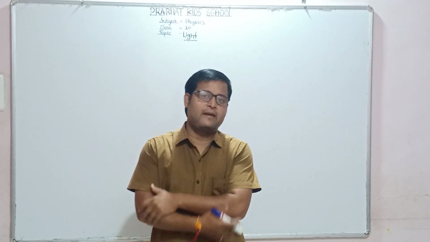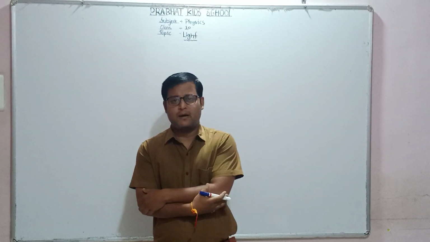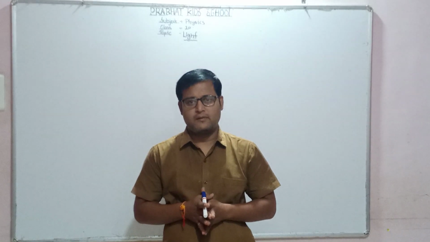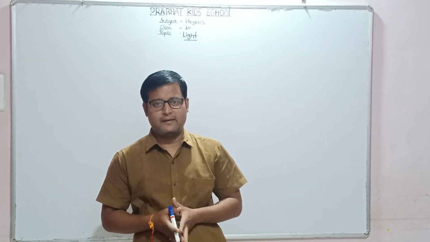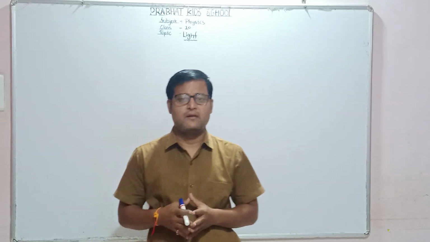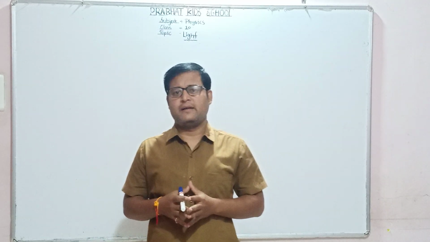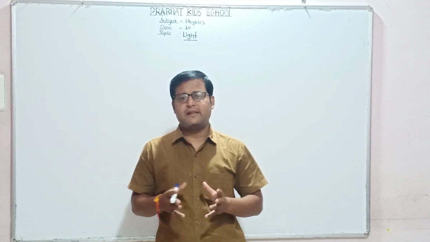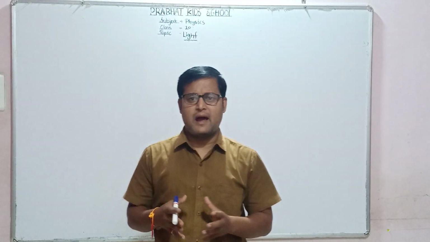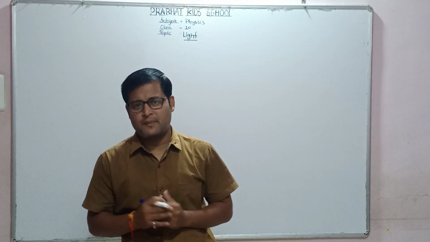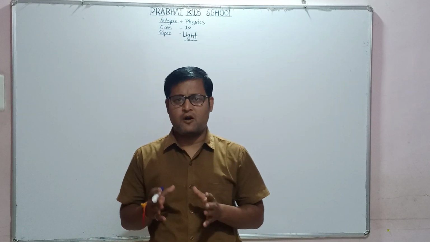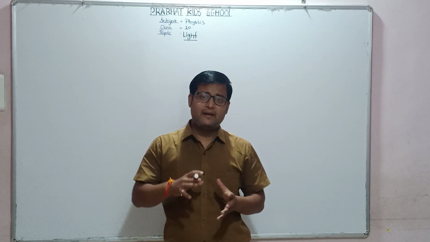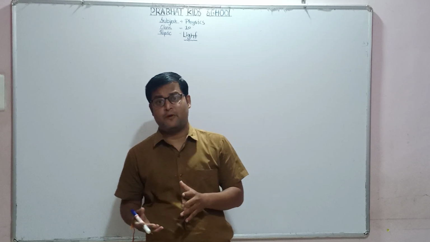So dear student, in the last video we learned about the image formed by the convex lens. A lens is a part of a sphere, a bulging outward part or a bulging inward part. Generally lenses are made of glass. Our eye lens is a double convex lens. You know all this, and we have already learned the rules for the image formed by lenses.